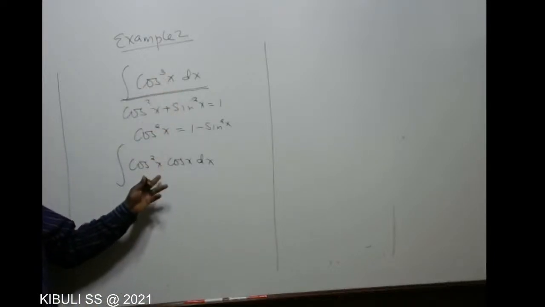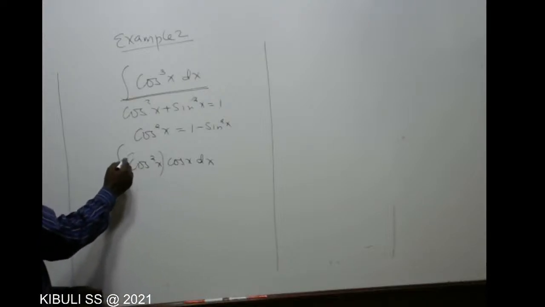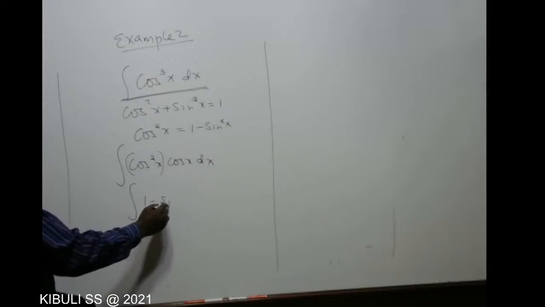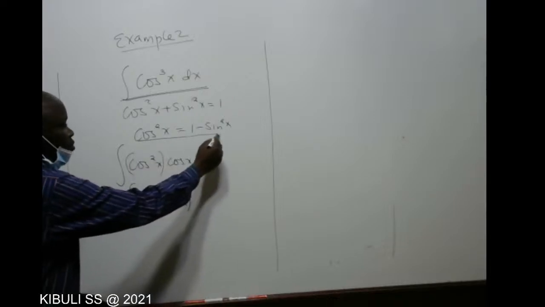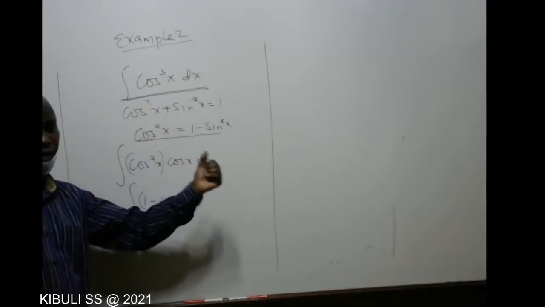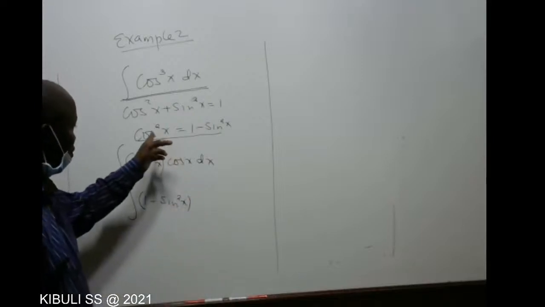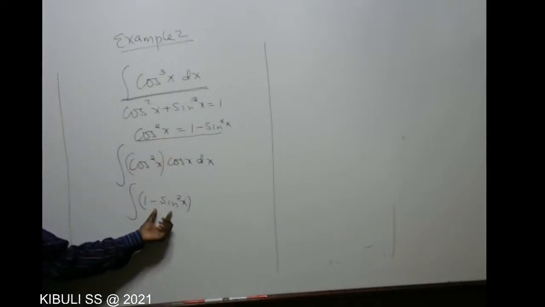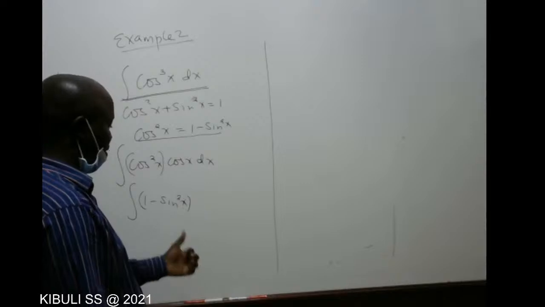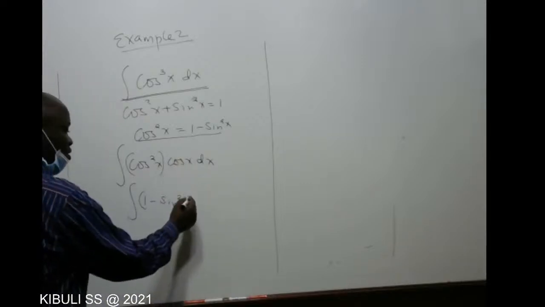But from Pythagoras theorem, cos squared x is equal to 1 minus sine squared x. Pythagoras is now helping us to substitute for cos squared x in terms of sine. So it is 1 minus sine squared x times cos x